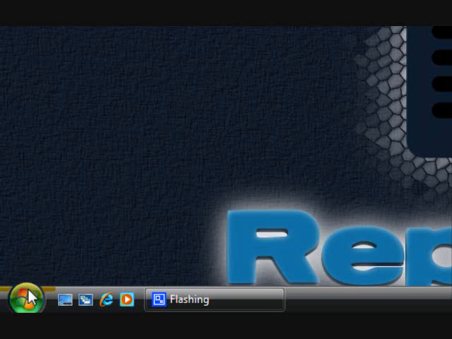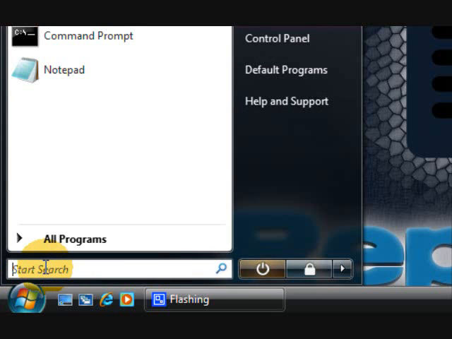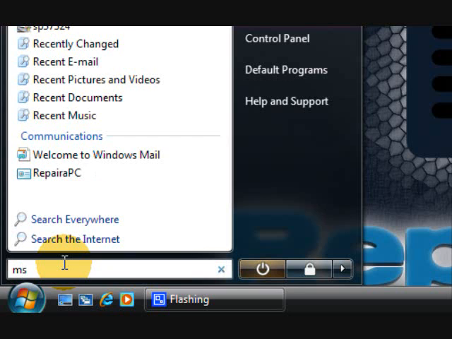So we're going to start by clicking on the start button here, and the way we're going to launch this utility is for Windows Vista and Windows 7 users. You're going to type right into the search box here. If you're using Windows XP, you will actually have a run item in your startup menu that you will select, and that will give you a box to type in your command. Now what you're going to type is MSConfig,